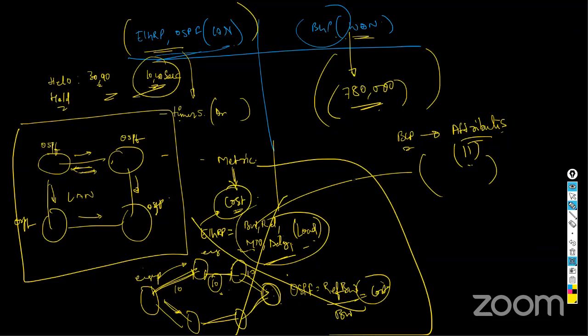One is that reason. Second reason, the cost calculation. In the case of IGP, it's a different concept, whereas in the case of BGP, it's completely different. So that makes these two segments, IGP and EBGP, very different, so you cannot just cross connect them. Okay, fine. So that was the second topic.